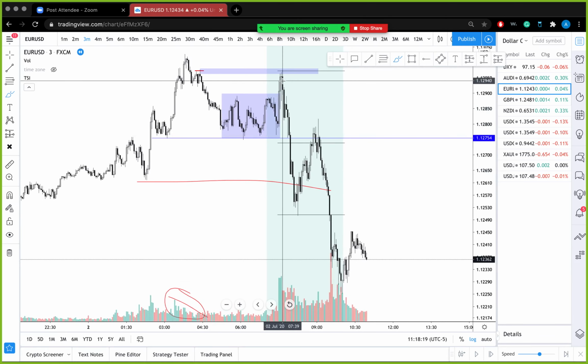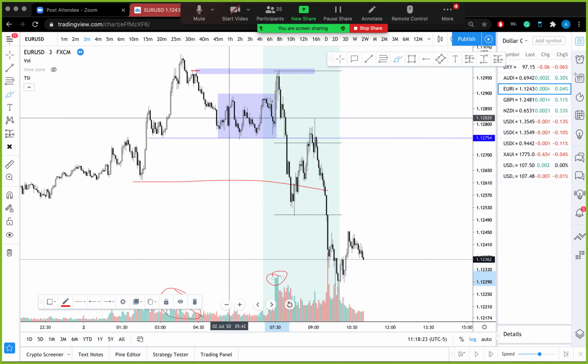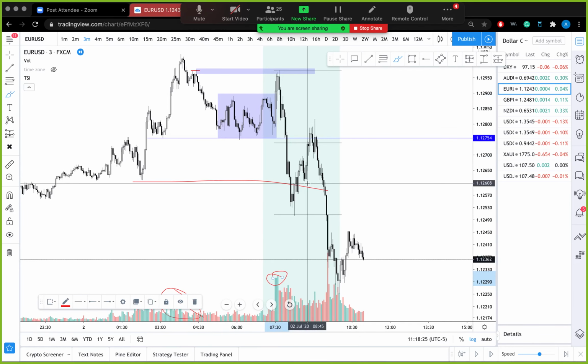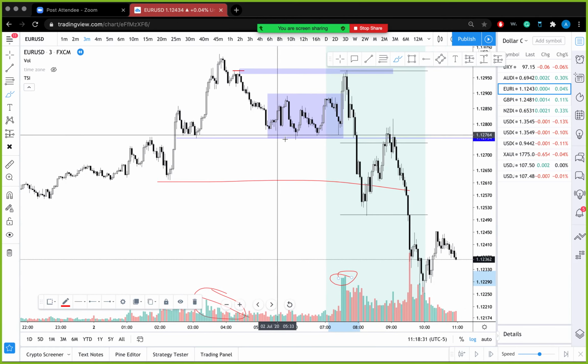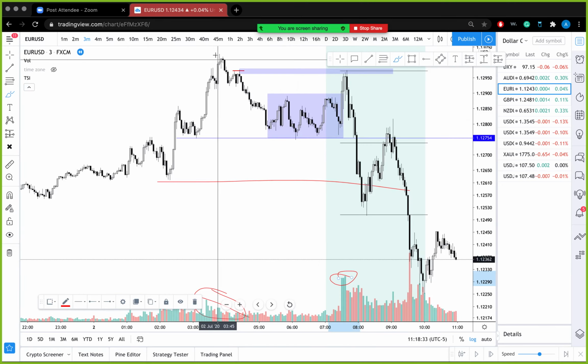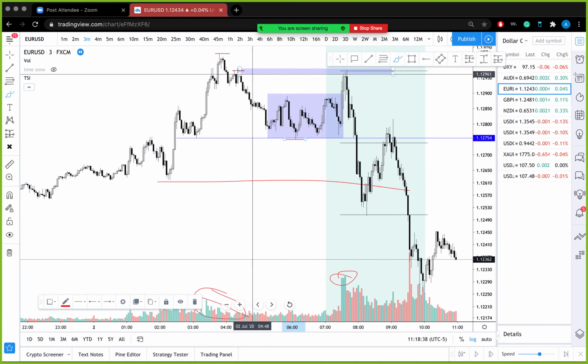We now come back to the point of interest, right? The volume honestly doesn't matter to me here because it's a news event. So obviously there's going to be volume coming into the market. When it comes to news events, I don't really care for that. But what I care about is everything else, structure, right? The return to premium from these two swing points, right? And then the point of interest, which then created